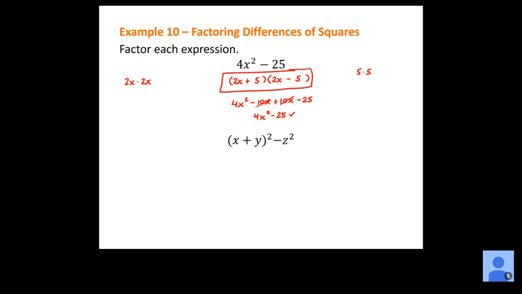Now, if we look at the next one, this is also technically a difference of squares. And the reason is because we have x plus y squared. There's your perfect square. We have a difference because of the subtraction. And then we have z squared, which is also a perfect square. So when I factor this one,